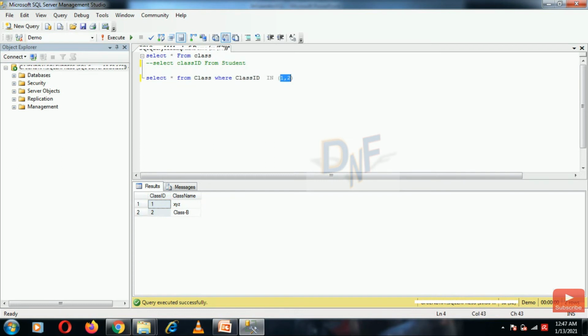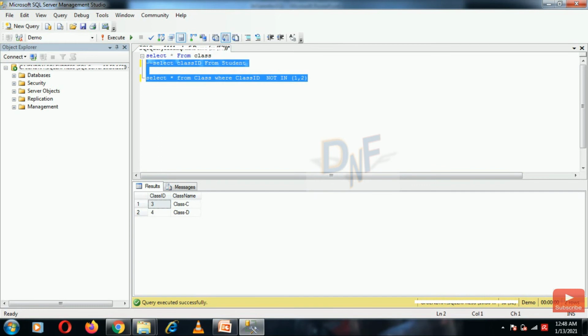In such a case, if any value of the IN operator matches the class ID column, then it will return true. Same thing, if you want to negate the IN operator, then just use NOT IN. Let's see what the result will be.